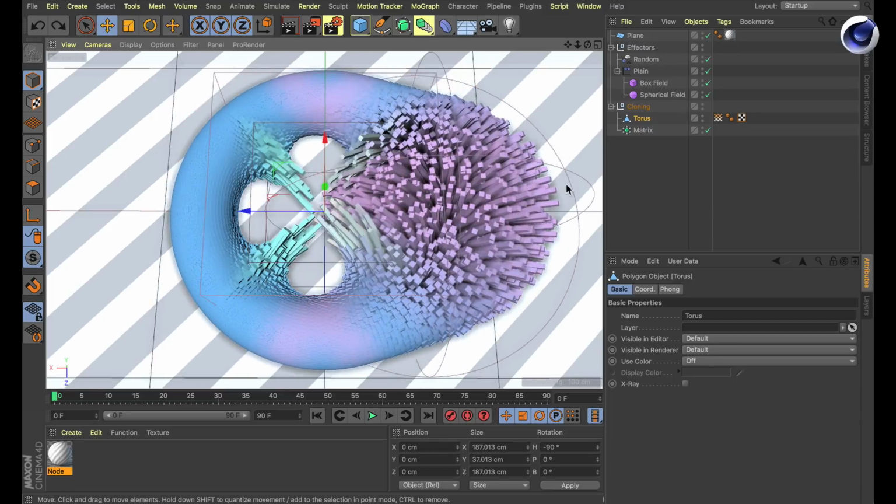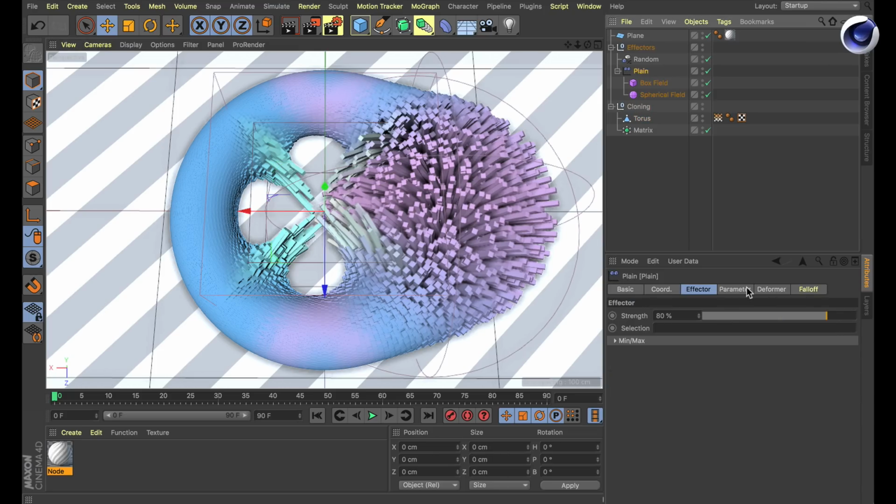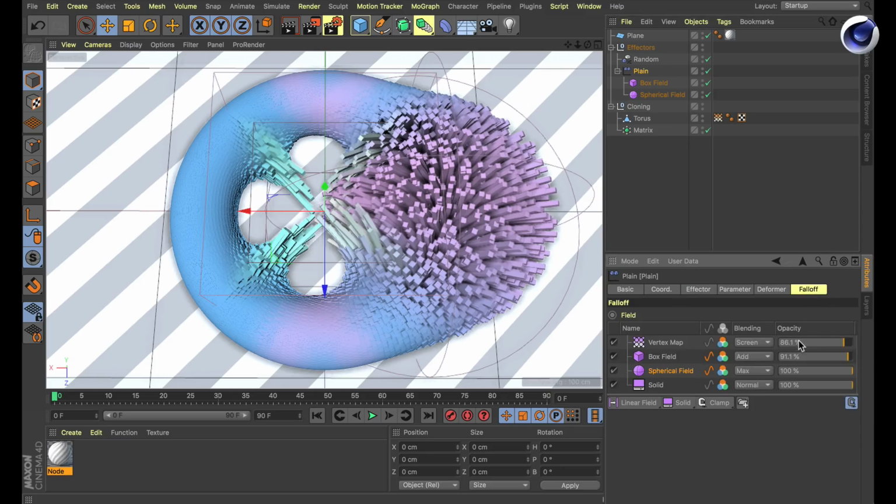Okay, another thing that is really cool about fields is they are not just separate objects, but they can be mixed in order to create very complex fall-offs. So in the effector, nothing has changed except for the fall-off tab here. And here you can see that we already have